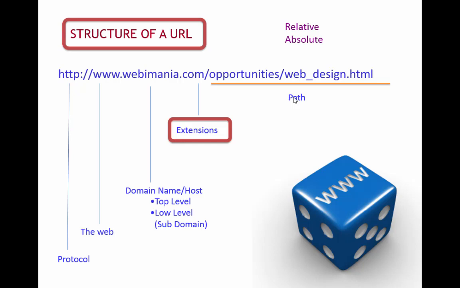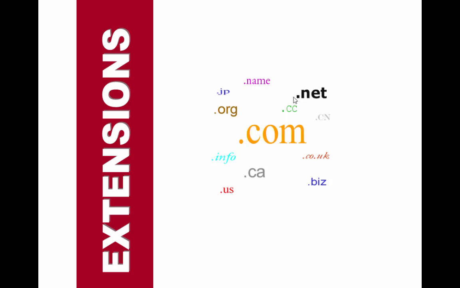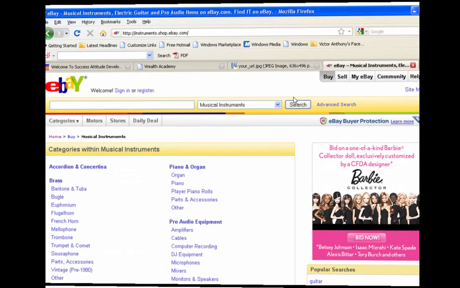So if it's .org, you know you are dealing with an organization, or you're expecting to see organization related content. If it's .net, it's for networks. If it's .info, information. You could also have geographical based extensions like .co.uk for United Kingdom, .ng for Nigeria, .ca for Canada, .us for the United States, and .biz for business websites, .edu for education, .tv for TV stations.